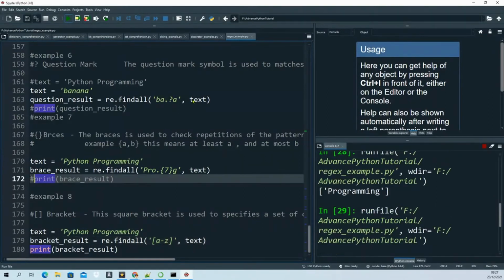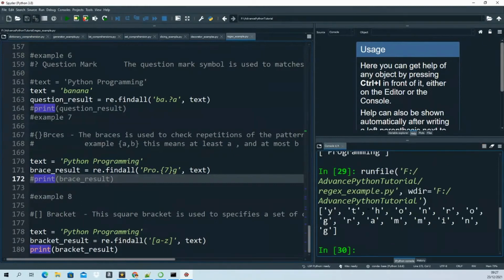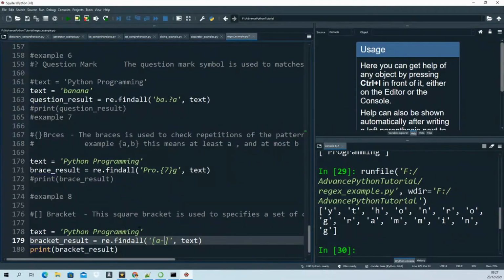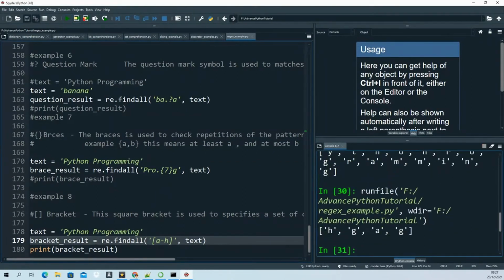It will give you the list and separate each character, you see. So all the way to the end, because the capital letters are uppercase, not lowercase, it's only giving all the lowercase characters. And if I do just A to H, only a few characters will give me, like starting with the H, here you find H,